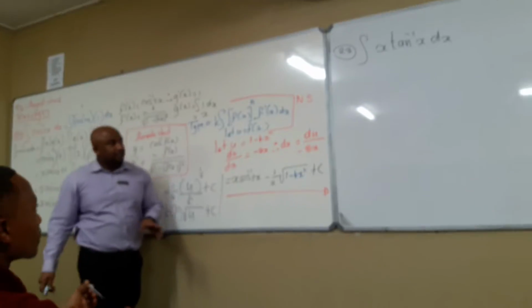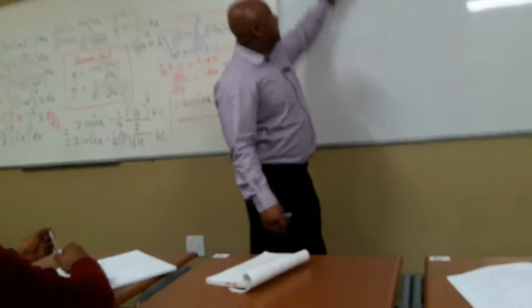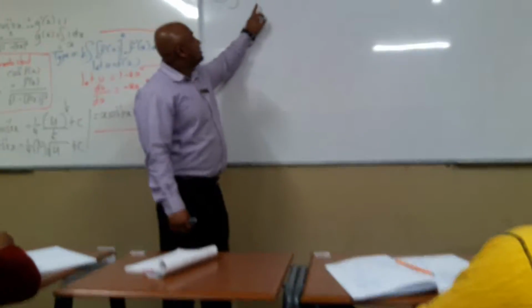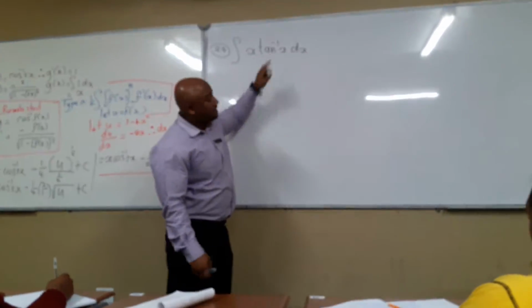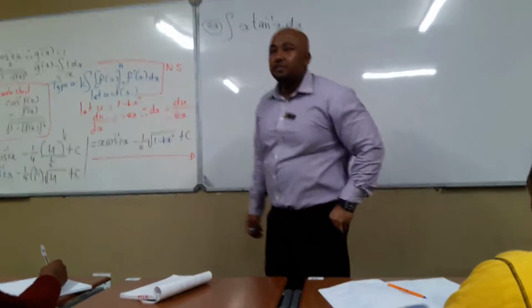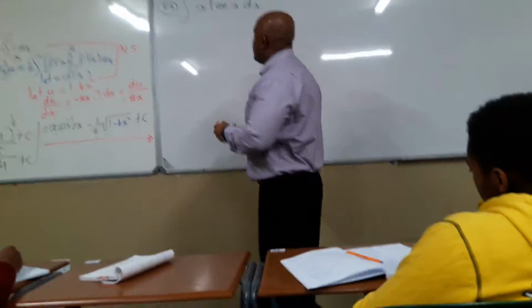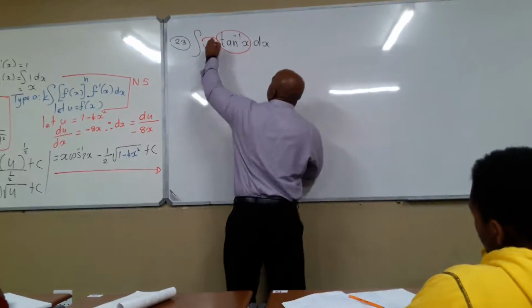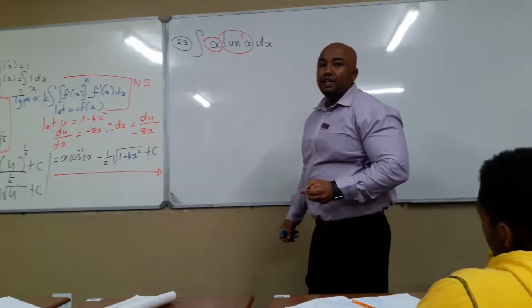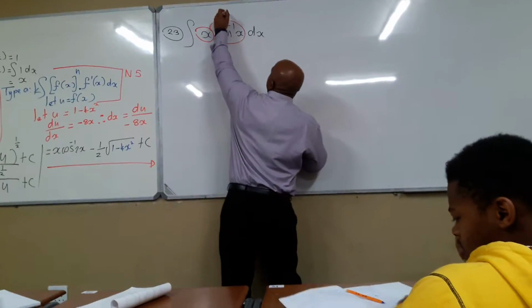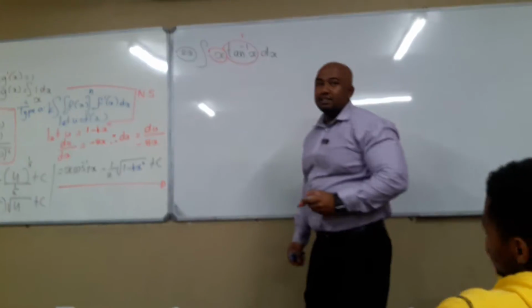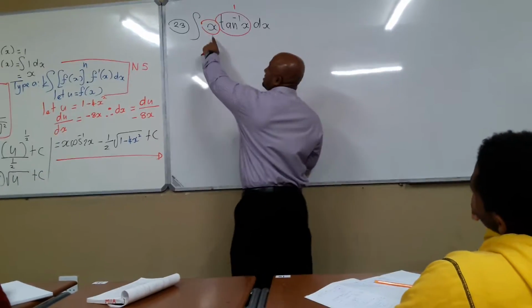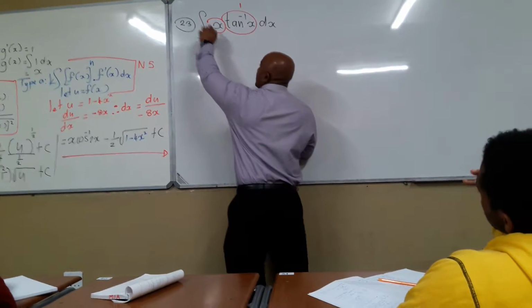Here, it was just one term. So you had to multiply by 1. Now, here, it's not 1, there's x here. Can you see that? So it's x multiplied by inverse tan of x. So now you go straight to your priority list. There's 2 terms, it's multiplication. So you've got x and then you've got inverse tan of x. So clearly inverse tan of x is number 1 from your priority list. And then x, what number is x? Number 3.